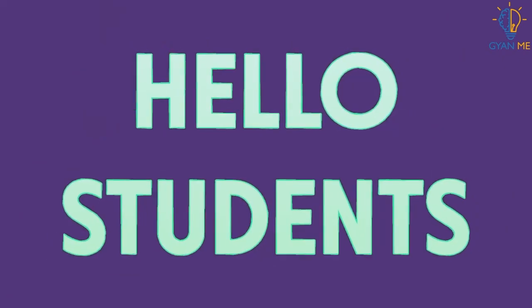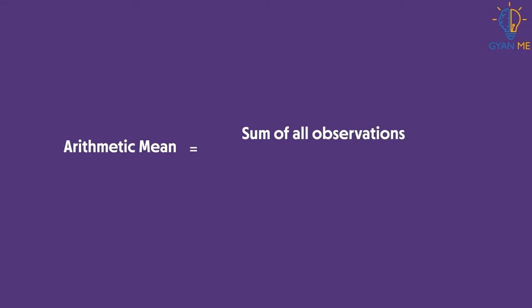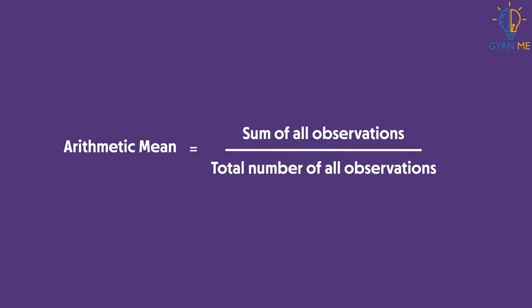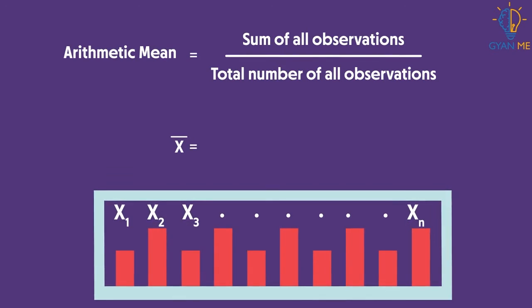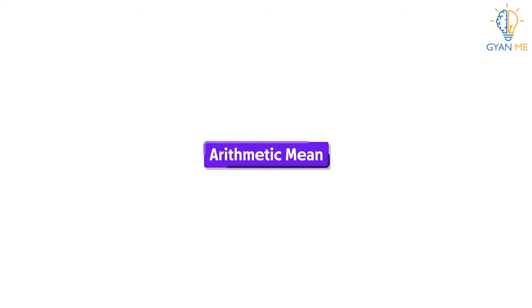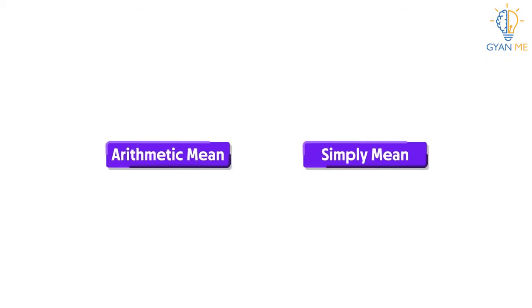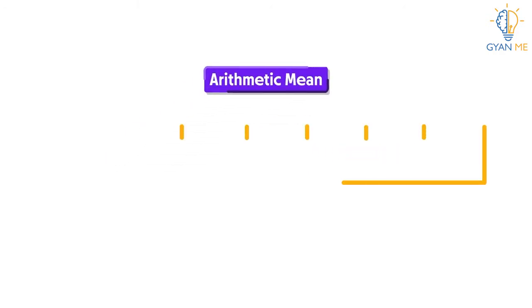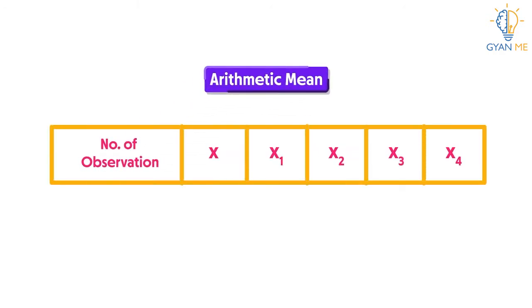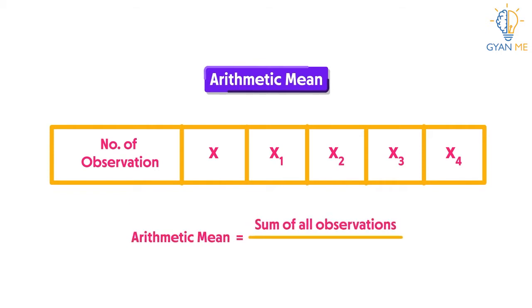Hello students! In your previous classes, you have already learned about mean and how to calculate the mean of ungrouped data or raw data. We know that arithmetic mean, or simply mean, is the most commonly used of all averages and can be calculated by adding together all the values of observations and dividing the total by the number of observations